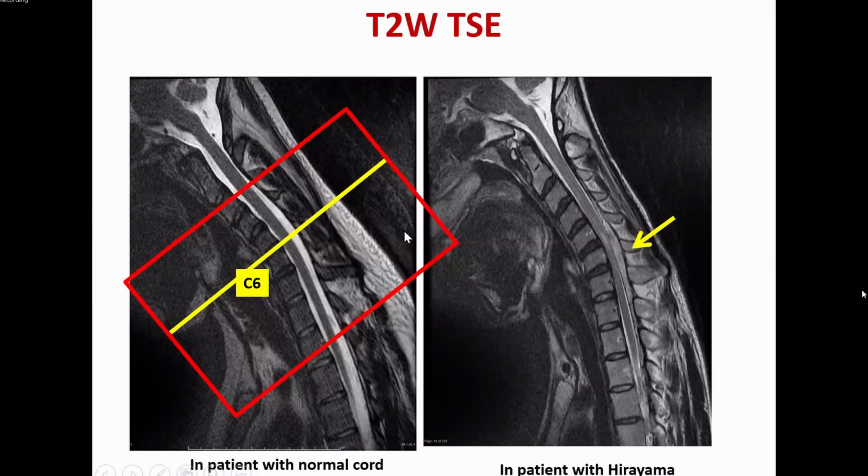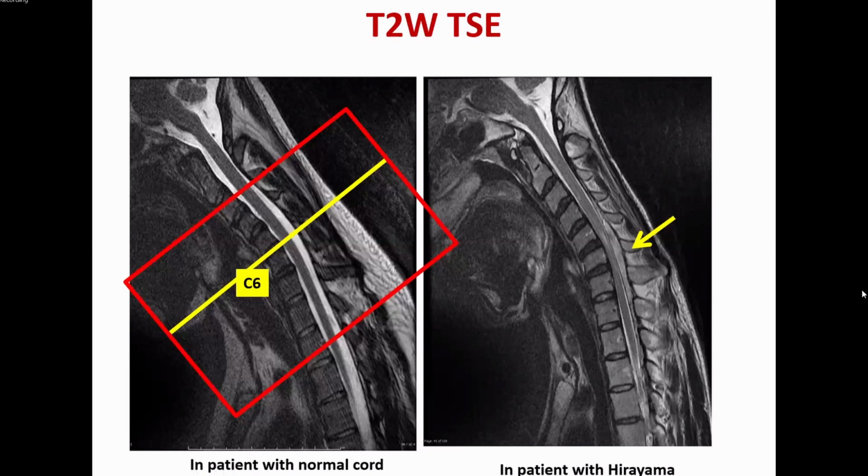But in Hirayama, you can demonstrate the dura. Here you can see the compression of the dura on the cord. So for that, you need to achieve this with a flexion position, right? And when you're planning axials, look at the C6 vertebra, the superior aspect of the C6 vertebra. Just think like a line parallel to the superior aspect of the C6 vertebra. You need to plan sections parallel to that, right? And then T1 axials you will do with small slice thickness, 3 millimeters, completed with pre and post contrast.